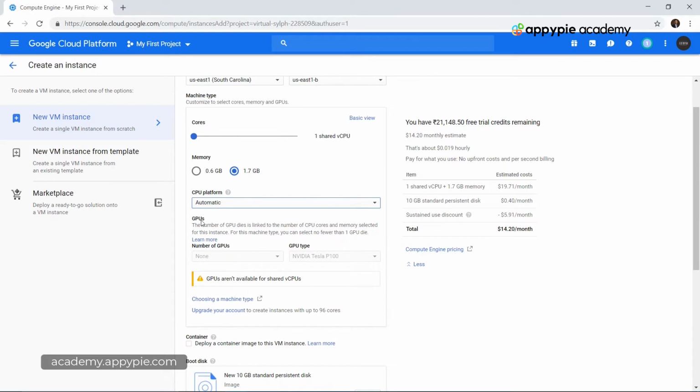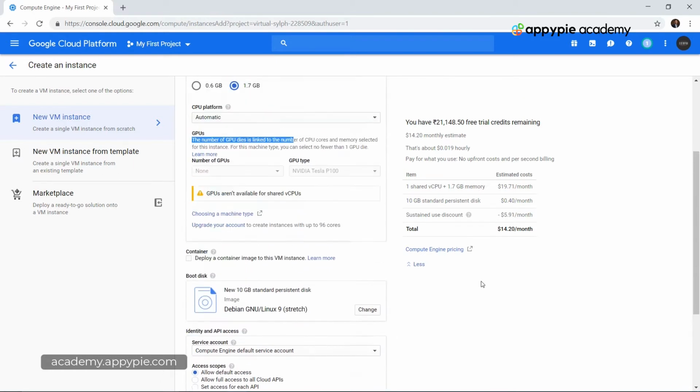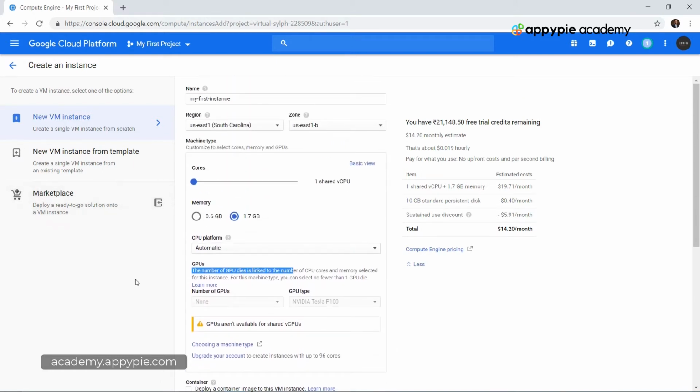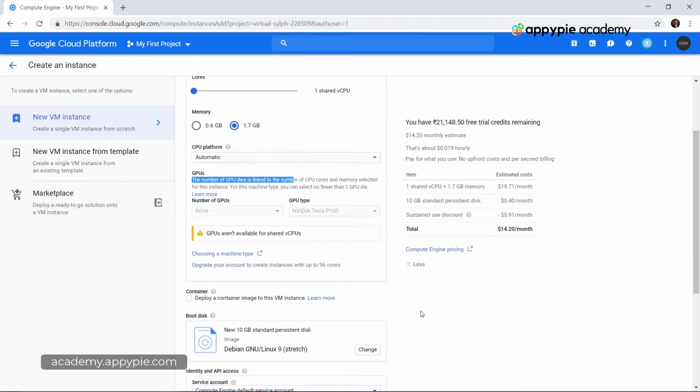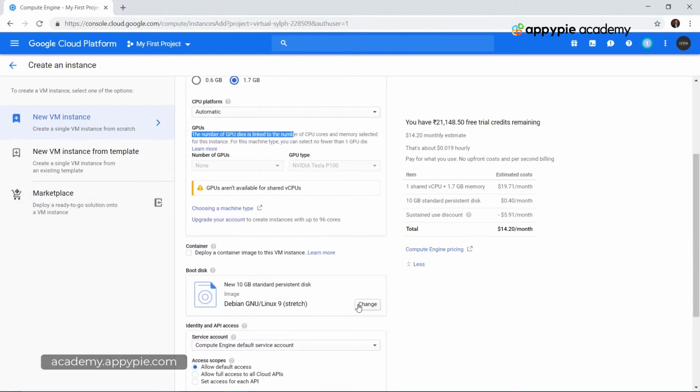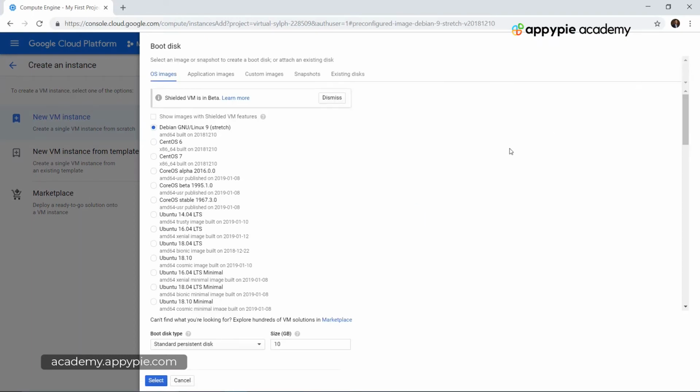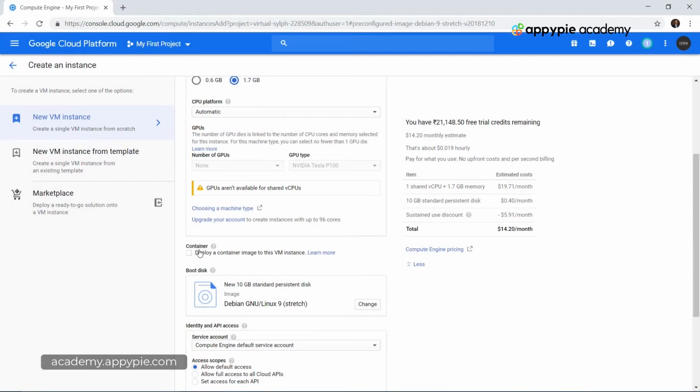Then we have the number of GPUs. GPUs are very important whenever you want to do any sort of simulation or machine learning rendering. But for now, let's create a simple working prototype, or simple working virtual machine, based on a CPU, and we'll not be using a GPU. Over here we are coming up to a very important stage where, first of all, we don't want to deploy a container image. This means that if we have a pre-configured image, this is the place where we would like to run it on our particular machine.